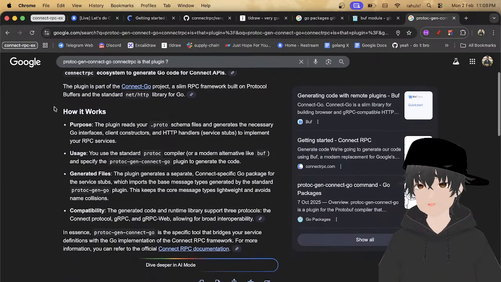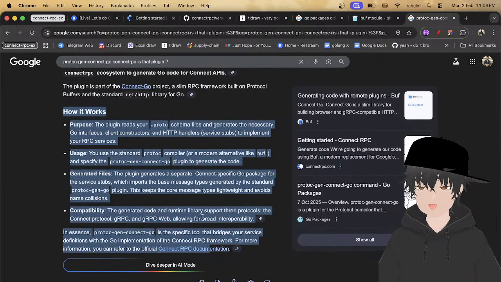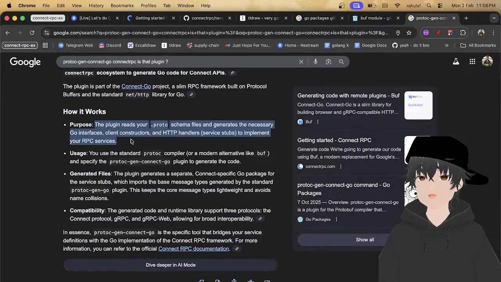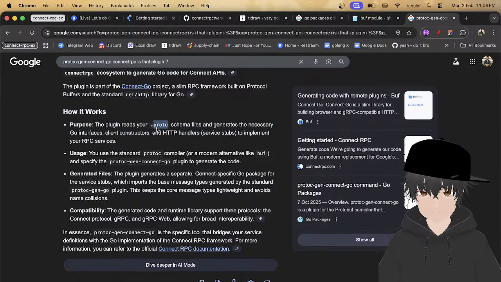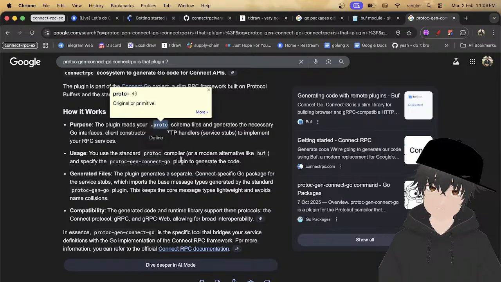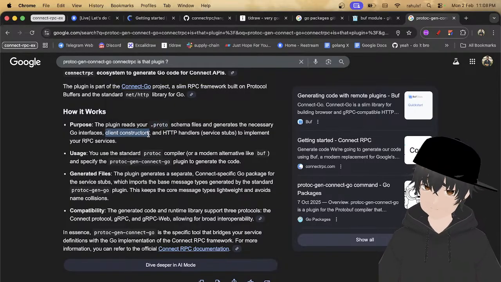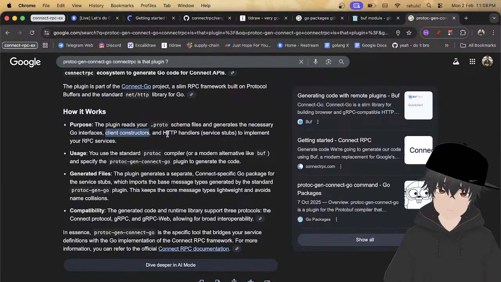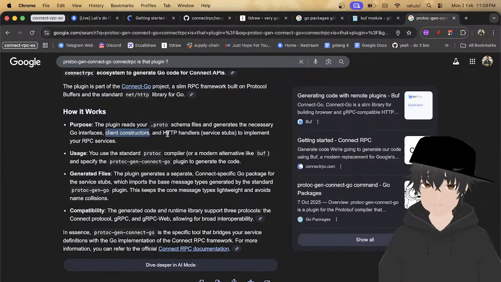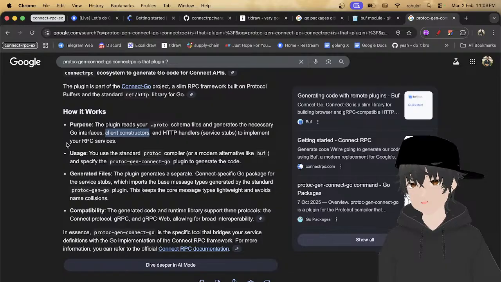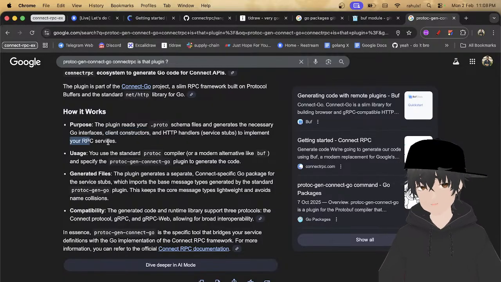If you see how this works, we can read this. Purpose: the plugin reads your .proto file and generates the necessary Go interfaces, client constructors, HTTP handlers, and service stubs to implement your RPC services.